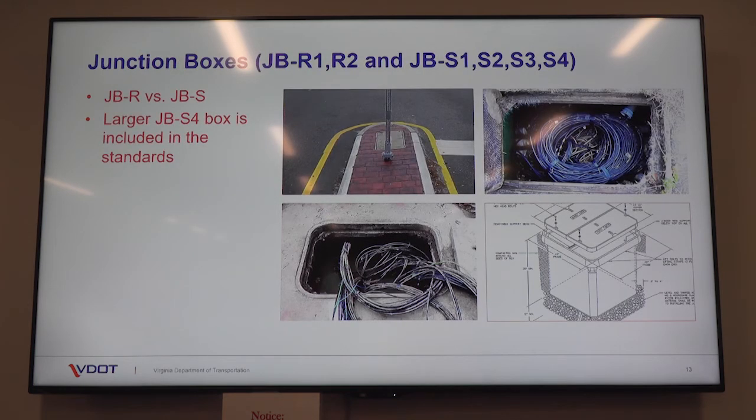So we're just going to touch really briefly on junction boxes. There is the R series and the S series. The R series is for traffic use. The S series is for non-deliberate traffic use, which can include use on shoulders. There's also a new standard for a JBS4, which is a larger junction box. And while there was a design for a JBR3, which is a larger junction box that could be used in